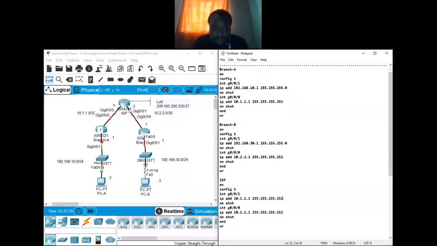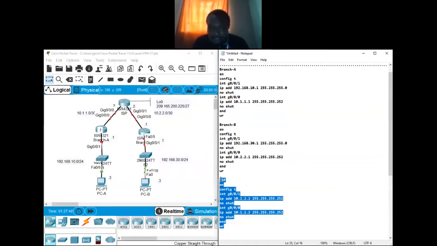Under ISP, gig 0/0/1 is using 2.2, so everything here is 2.2, and then this is 100.100.2. This gig 0/0/0 is on the side of branch A, and gig 0/0/1 is on the side of branch B.